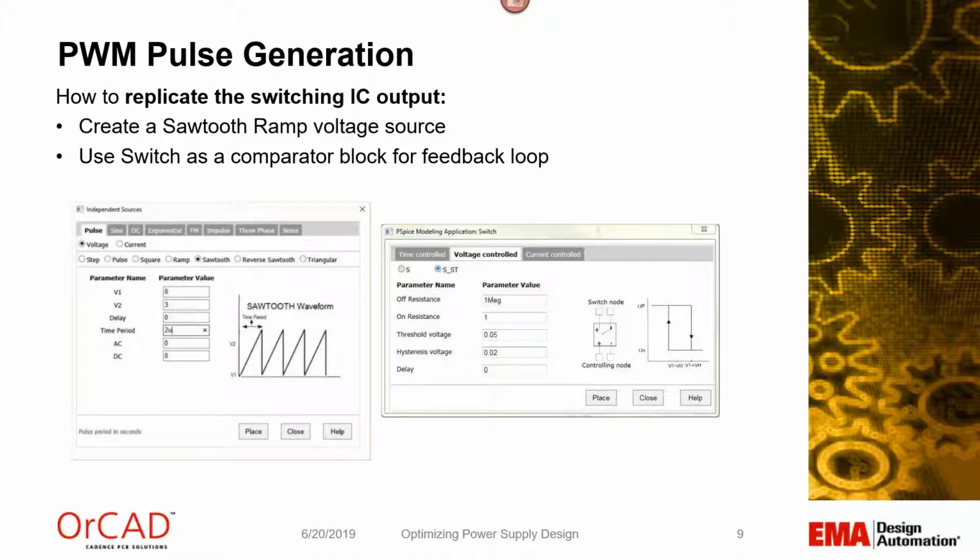features. So with our pulse width modulation controller, the pulse we output is of utmost importance. And we're going to model that with a ramp sawtooth voltage source. And then we're going to use a switch with some on-off resistances, some threshold and hysteresis voltages to mimic a comparator block for our feedback loop. You can notice there on the bottom right, you can add in some delay as well if you want to